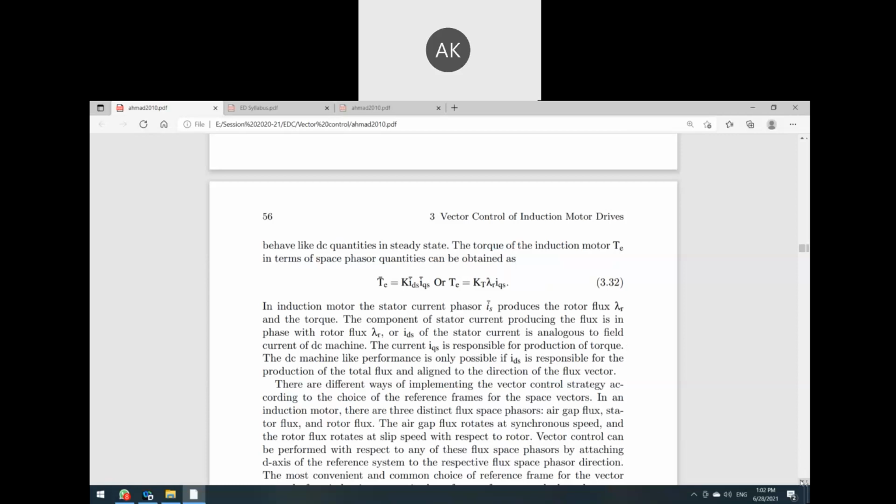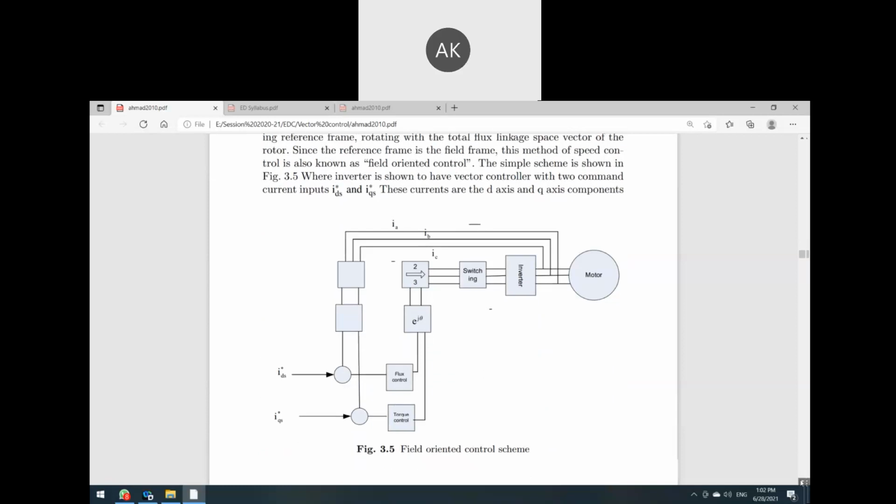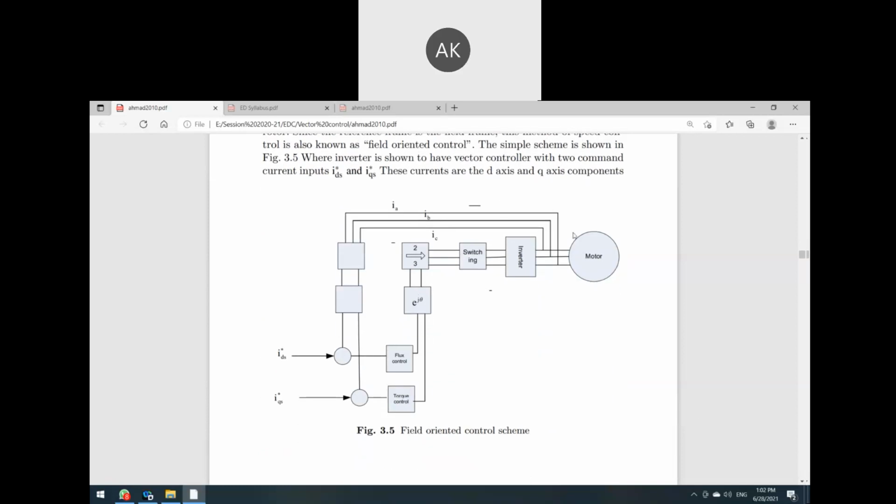So this is the theory about it. Basically, this is the field oriented control method for the induction motor drive. As per the syllabus you can directly come to this topic also, but you won't get the knowledge about the d-axis and q-axis and other things, so we will discuss it in detail. But from the exam point of view, if the field oriented control method comes in your exam, then you can also describe the method by using this block diagram.